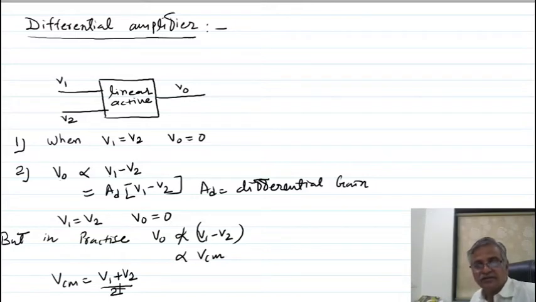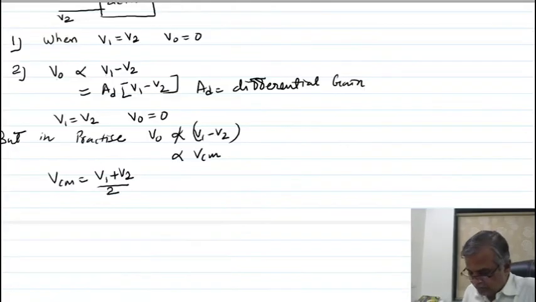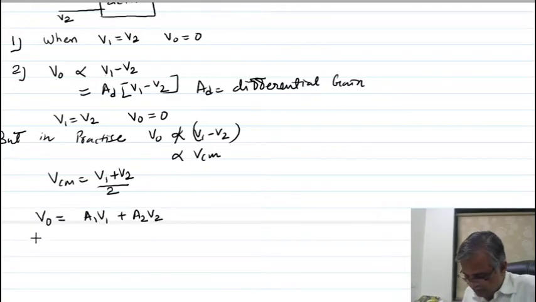Listen again. In practice, the output of the differential amplifier does not depend only on the difference of the input signals. It also depends on the common mode signal or average signal, given by V1 plus V2 by 2. For a linear active device, output is given by a linear combination of both input signals. So the equation of the output voltage for a linear active device is VO = A1 V1 plus A2 V2, where A1 is the gain of the amplifier